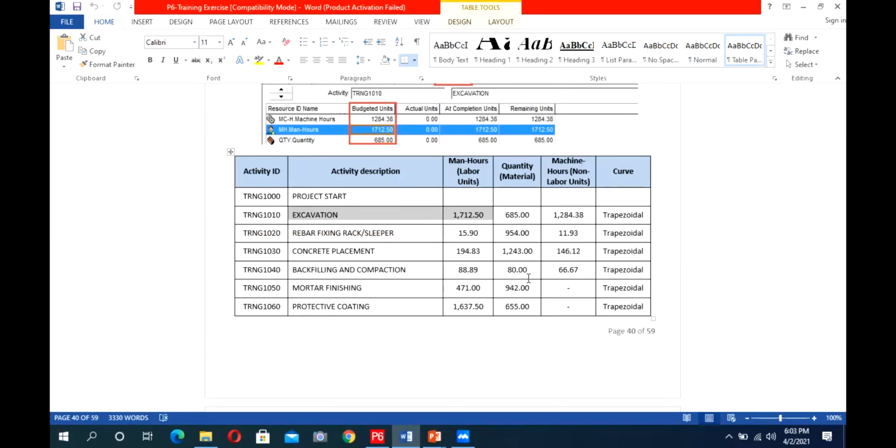So 100 cubic meter of excavation will consume 10 machine hours or 15 machine hours, like this. From there, first we will create all this data from our BOQ, BOM and company's KPI, and we will make a sheet of what our resource loading will be. And then we will load our resources in P6.